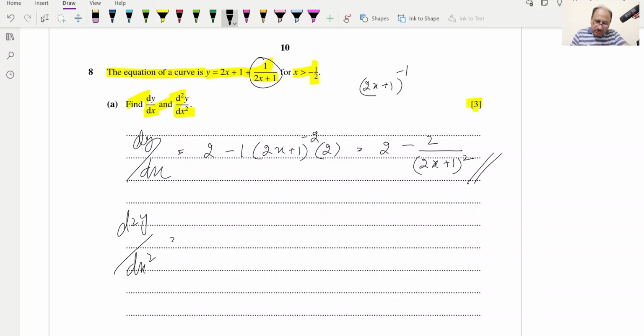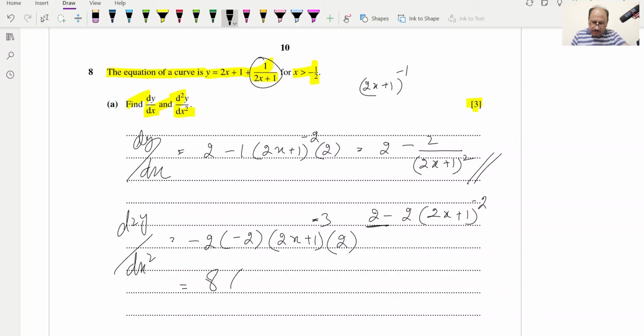Derivative of this constant will be 0, so we can rewrite it as 2 minus 2 into 2x plus 1 raised to minus 2, and we are taking derivative of this one, so this will be 0, derivative of this will be 0, and minus 2 into power will be minus 2 and into 2x plus 1 raised to the power minus 2 minus 1 will be minus 3, and into derivative of 2x will be 2, we can write here 2, and this will be equal to minus 2 into minus 2 will be plus 4, and multiply by this 2 will be plus 8, so we can write 8, and 2x plus 1